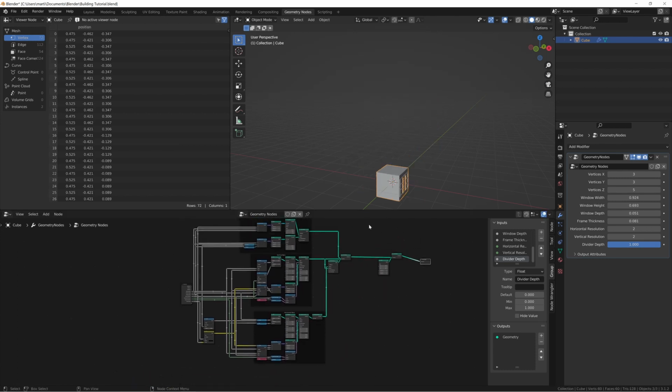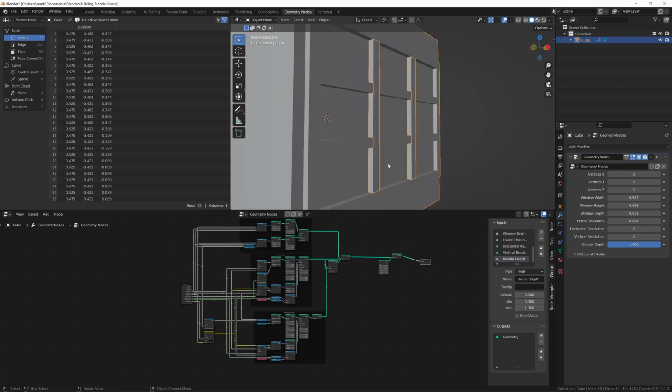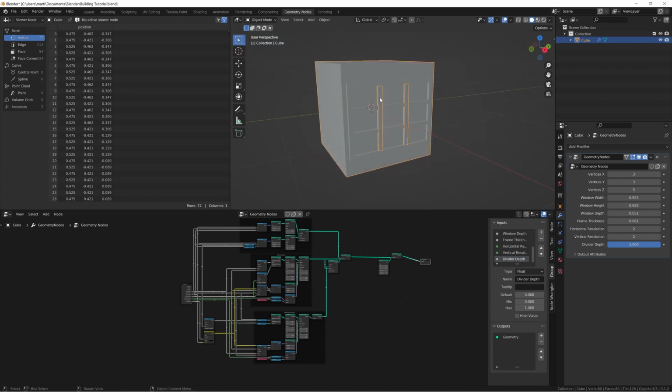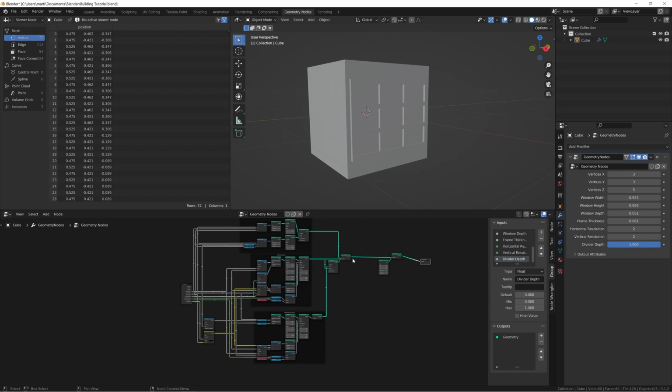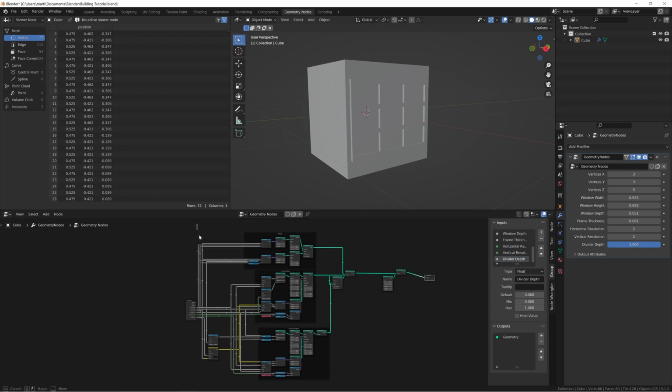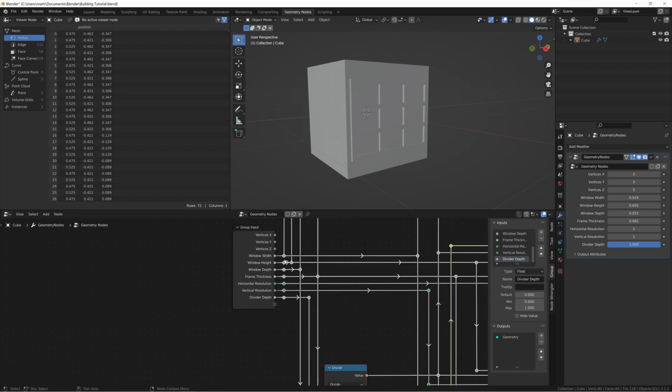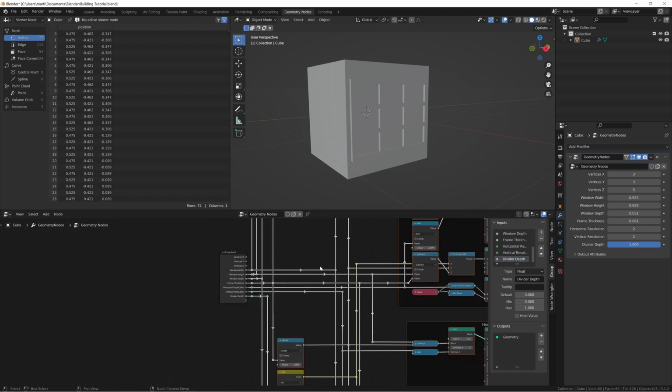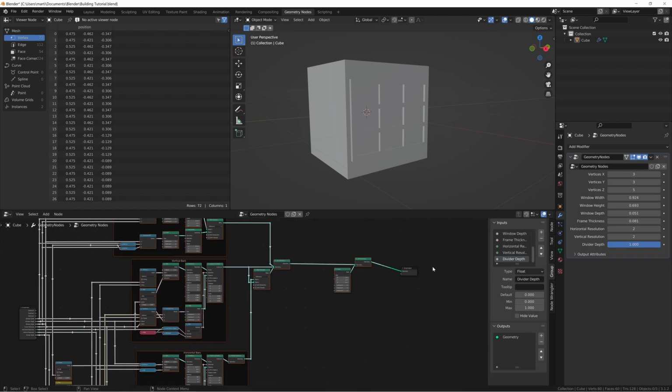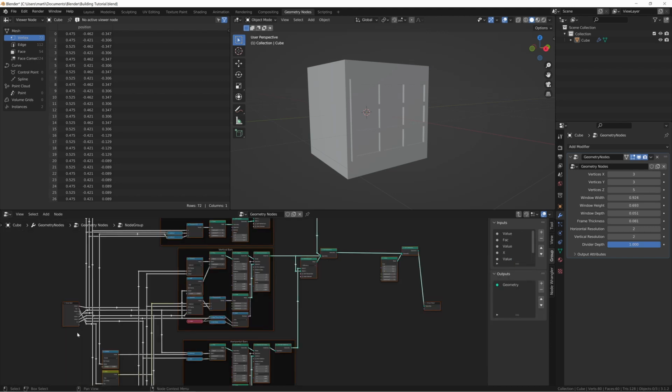So we have all of this stuff right here. This is a single module with all this, and just the windows on there. And let's create a node group with all of this like that. We want to make sure that we have all of these still selected, because that will allow us to deselect all that without having to trace down where all these connections go. So select everything except for the group output and the group input and press Control G to create a group,